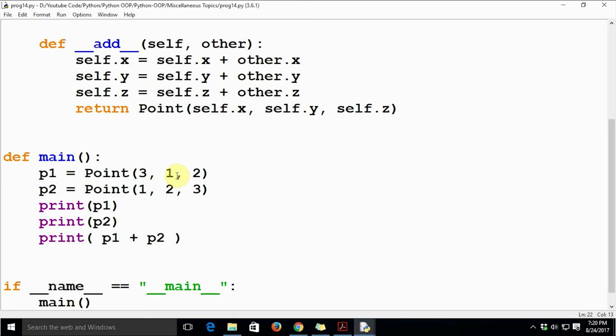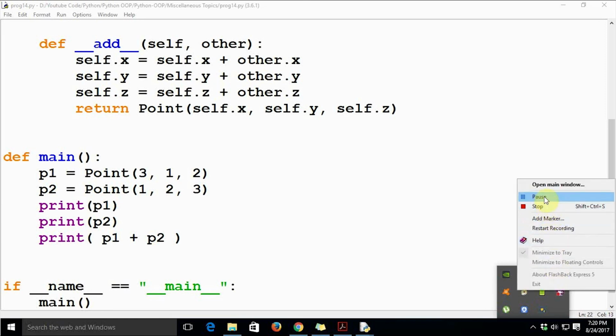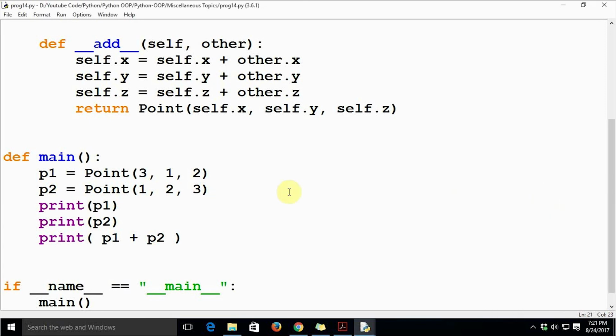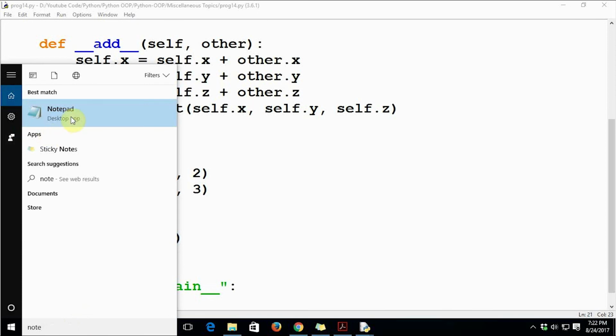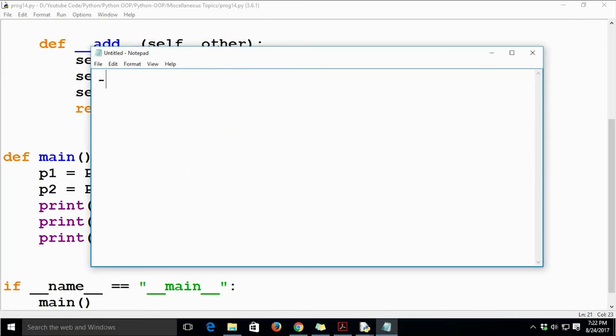There are other operators which can also be overloaded. You can overload almost all the arithmetic and logical operators. You can overload other operators too. We can also overload the unary operators as well as comparison operators. Unary operators are the operators which accept only one operand. Let's consider the example of the minus operator. This minus sign can actually be used in 2 modes.